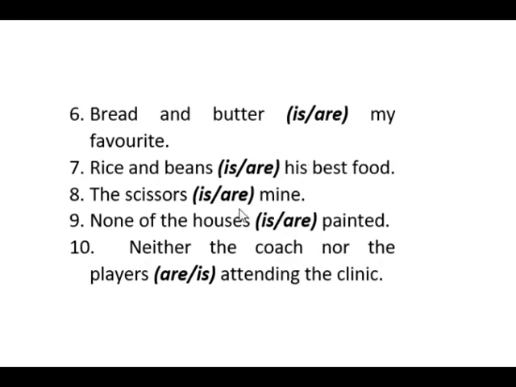Now look at the word houses. You'll notice that it is plural. Should we then use are for it so that the sentence will read, none of the houses are painted? Do you think it is correct? Now look at this word, none. No house at all. If we consider it, it will be absurd for us to come back and use are. So which one is correct?